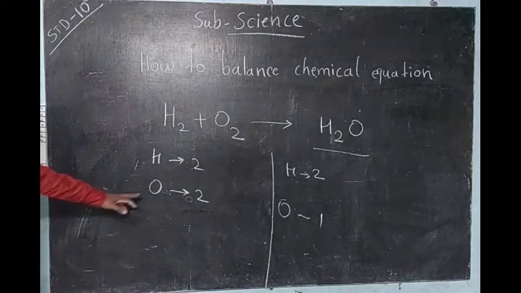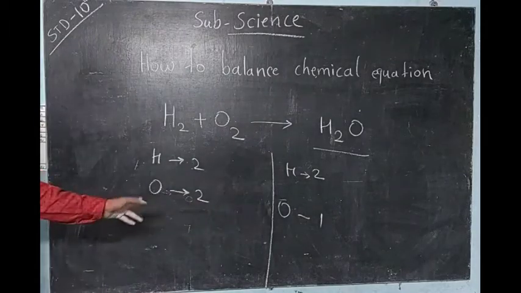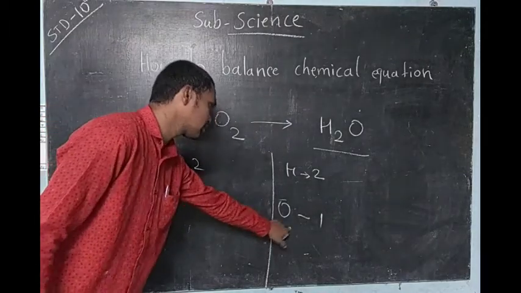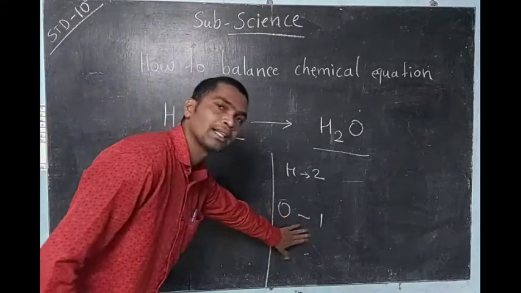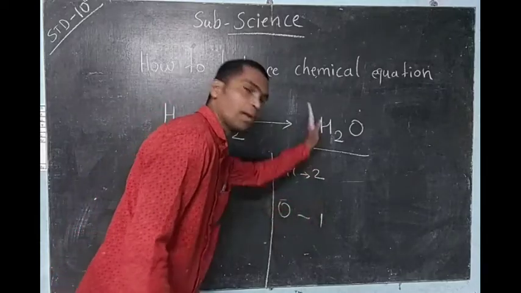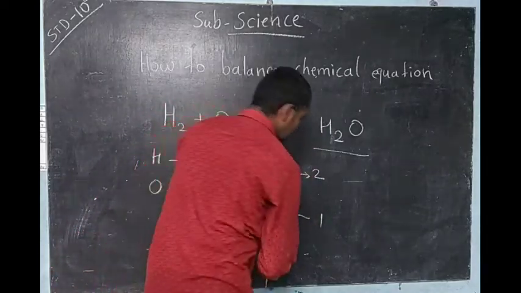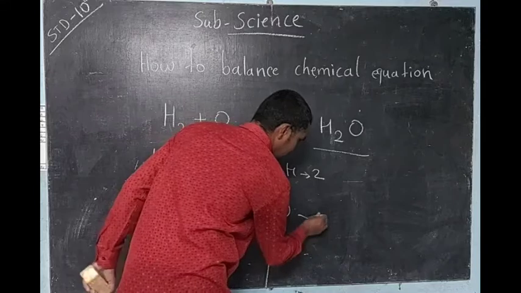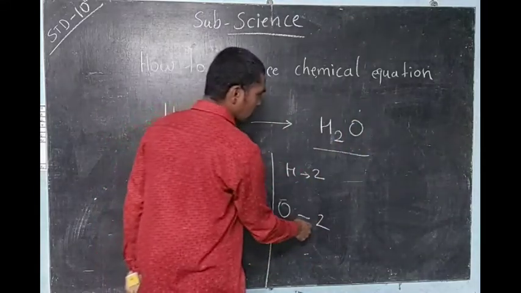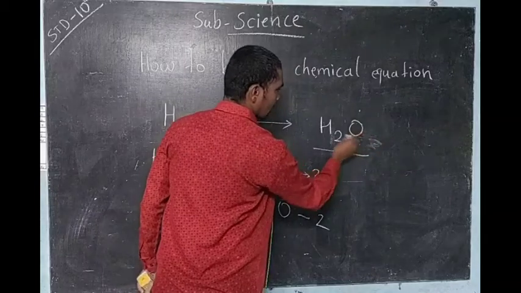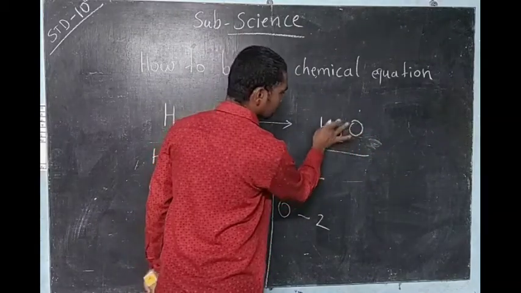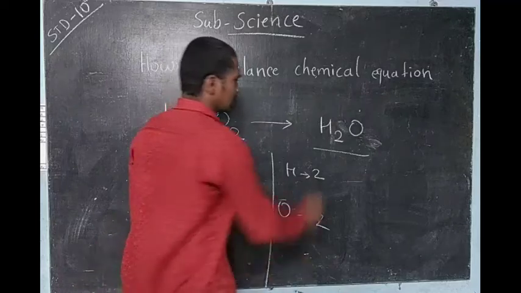So we have to balance just oxygen. Means oxygen you want to balance. So suppose you write down here oxygen, see, where is the lesser number of oxygen? This side, the right side. So to balance the oxygen you want to write down here 2 number. So what will you do? This 2 number you cannot write like that. Wrong. Or either here also don't write. So where do we have to write?